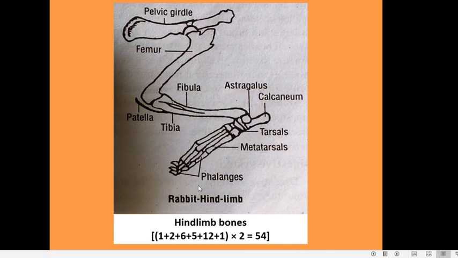That is how the total number of phalanges is 12, and the last phalanges or the terminal phalanges or the ungual phalanges will have claws. So this 1 corresponds to the femur, 2 correspond to the tibia and fibula, 6 correspond to the tarsals which are arranged in 3 rows, 5 correspond to the metatarsals which support the sole region, in which the first one is fused with the second, but still they are considered as 5. Then 12 phalanges, and this 1 corresponds to the knee bone or the patella.